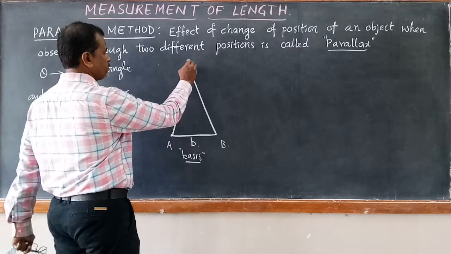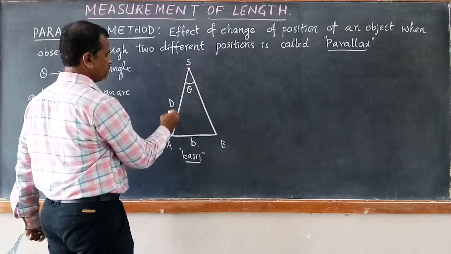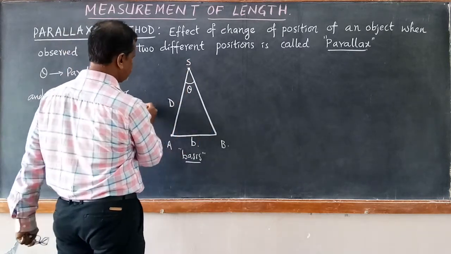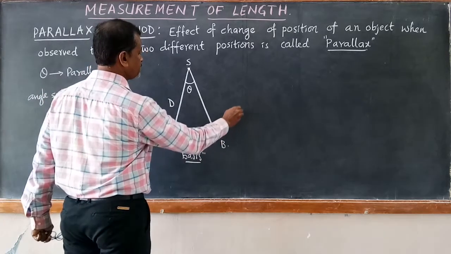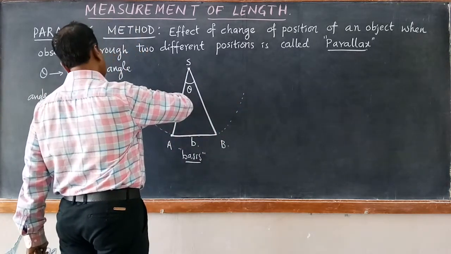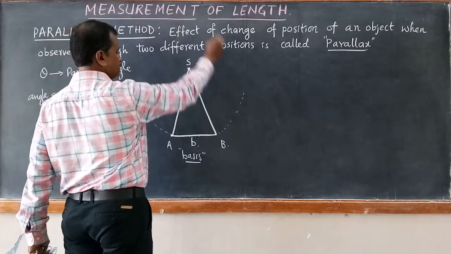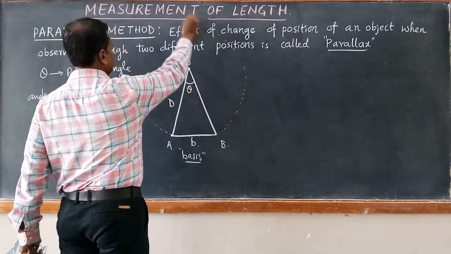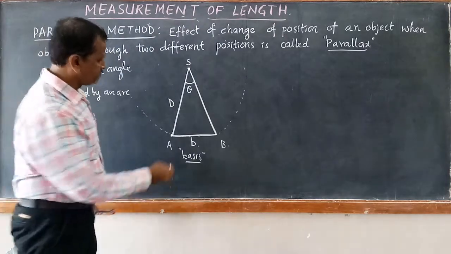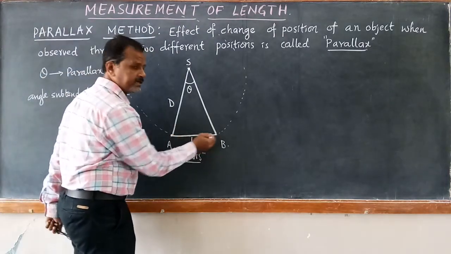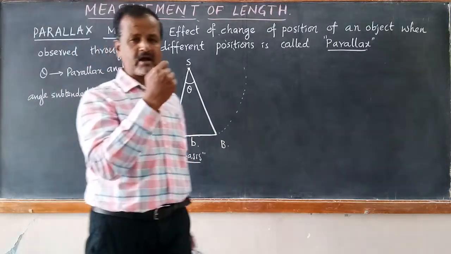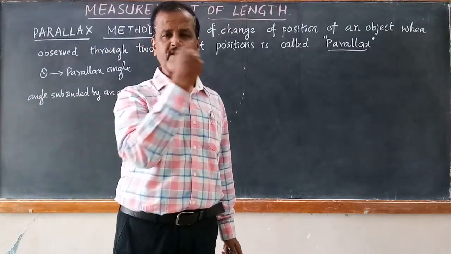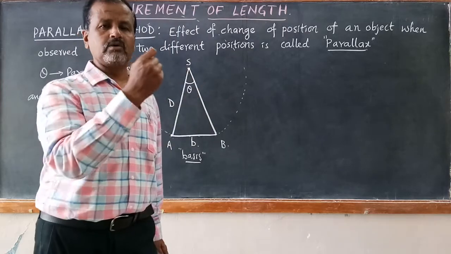And the distance to be measured becomes the radius of this imaginary arc. We consider this one arc of a particular circle, an arc of a circle, so the angle is subtended by this arc AB. There is no harm in assuming this distance, hardly 3 to 4 centimeters or 5 centimeters, as equal to an arc.